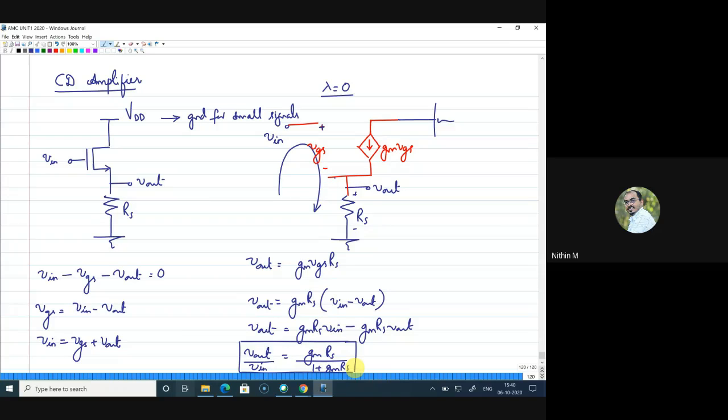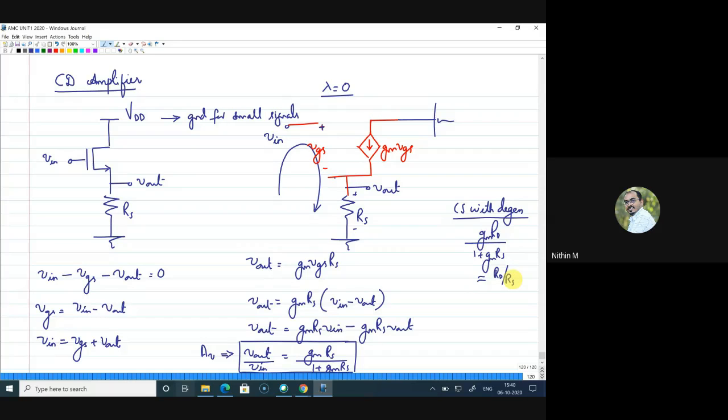So V out by V in is this. Is there a doubt here? So this is AV, the voltage gain. One more thing I can comment here. You have seen a similar kind of gain expression for your common source with degeneration, but there your expression was GMRD by 1 plus GMRS when your lambda was equal to 0. This is CS with degeneration,